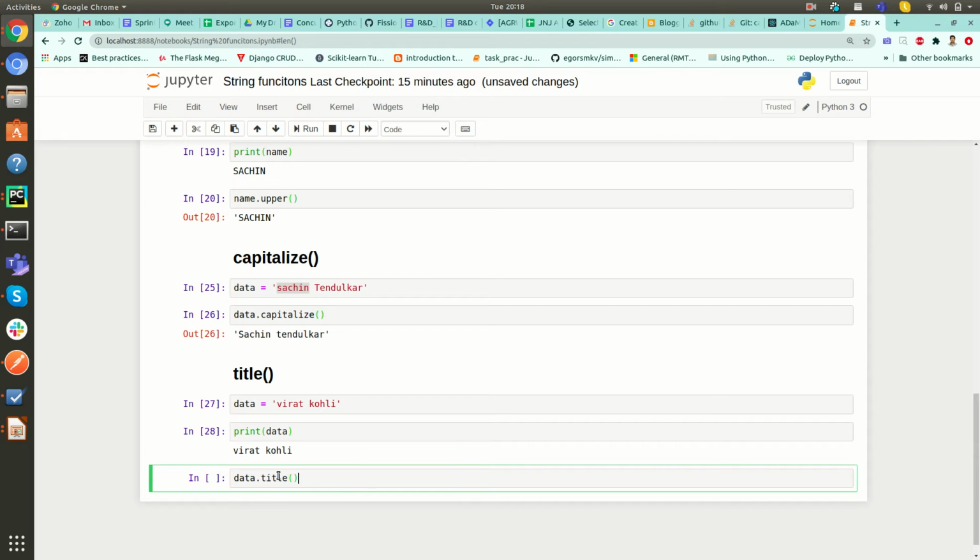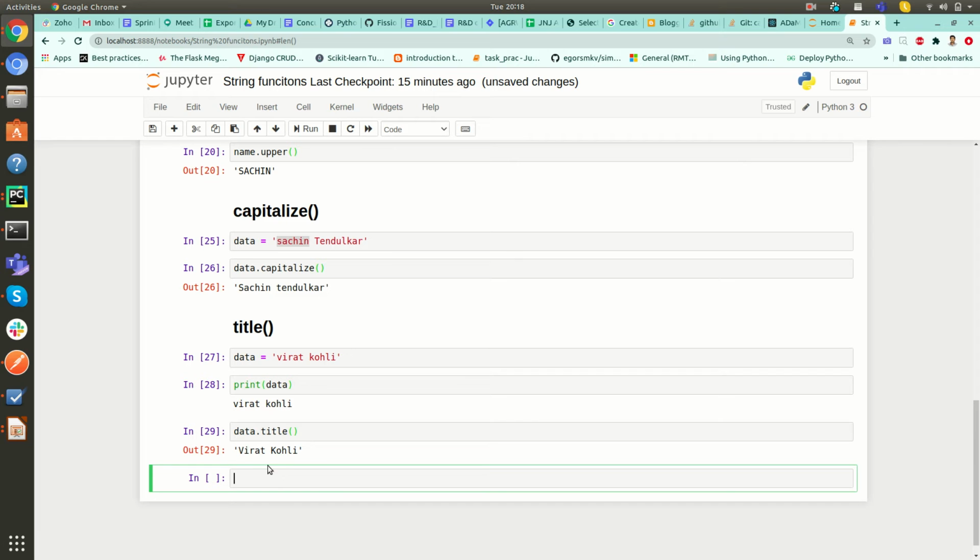Title, and we are applying it on that. You can see the output here: the first character of each and every word is converted into capital. V is in uppercase and here K is in uppercase. By that, it converts each and every word of the given string into uppercase.